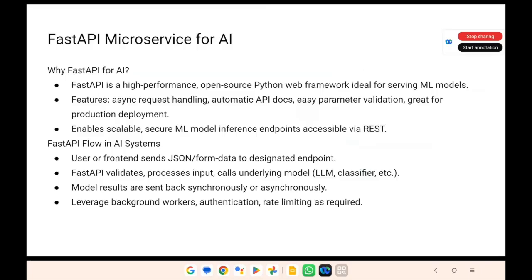Because FastAPI is well designed and easy to use. You have Pydantic-based models where you can define the data models, and can easily handle async requests. All of those are easy to handle in a FastAPI microservice.